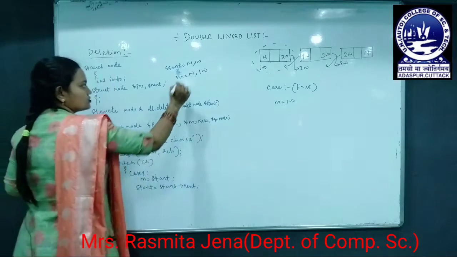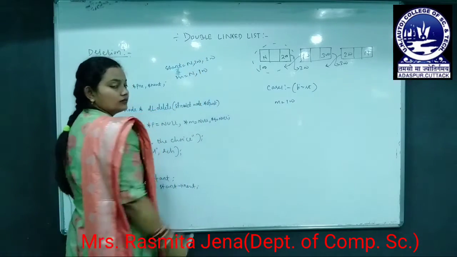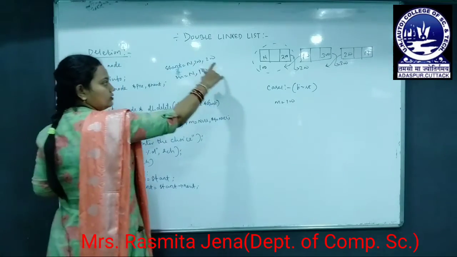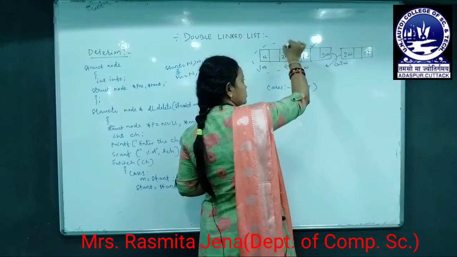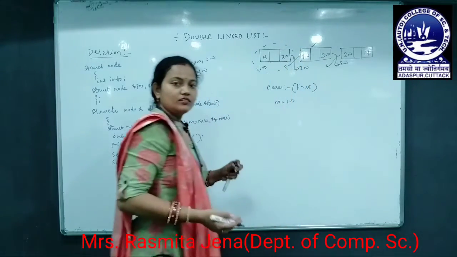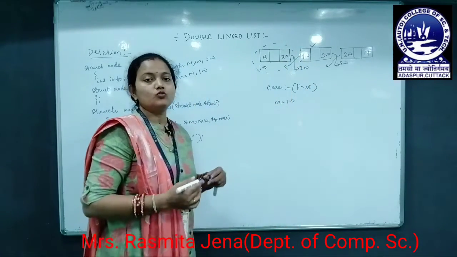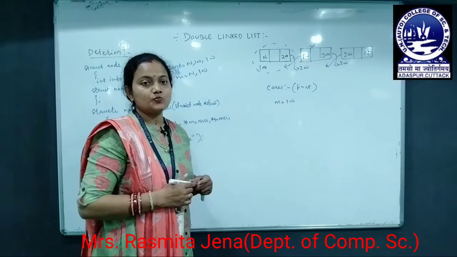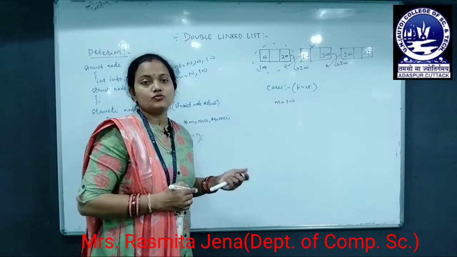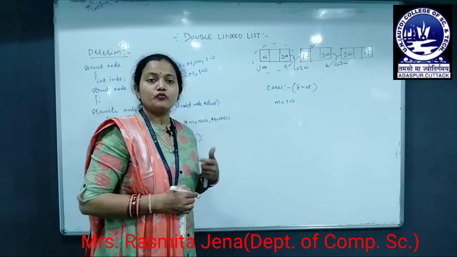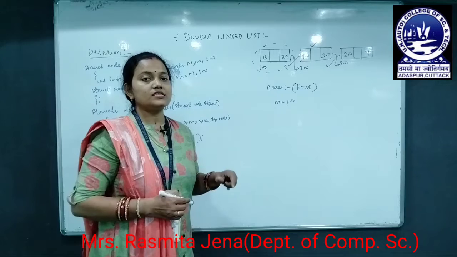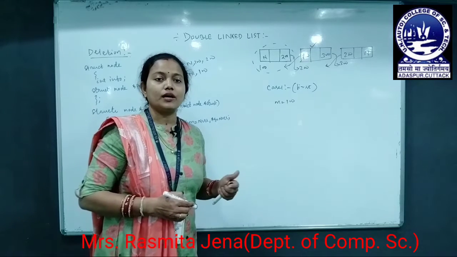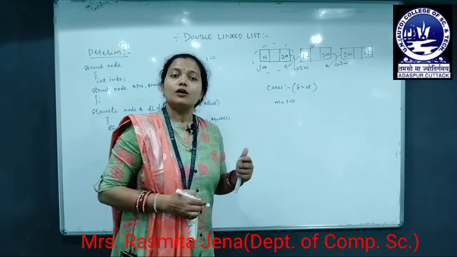Okay. So start became 200. So now this node is our starting node. Now we can free this node. In the same way, the malloc and calloc functions are used to reserve memory space during the execution of the program, and by using the free function we can release the memory space that was reserved by the struct node type pointer.